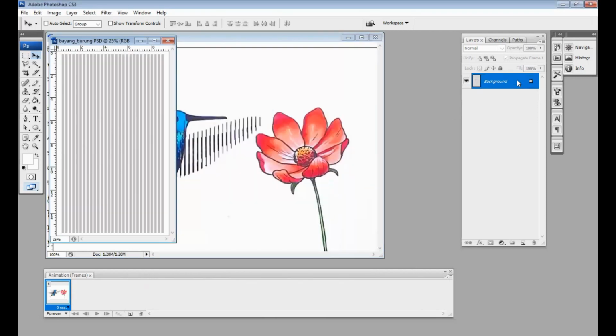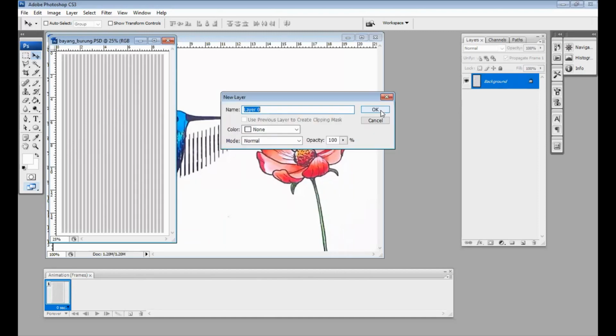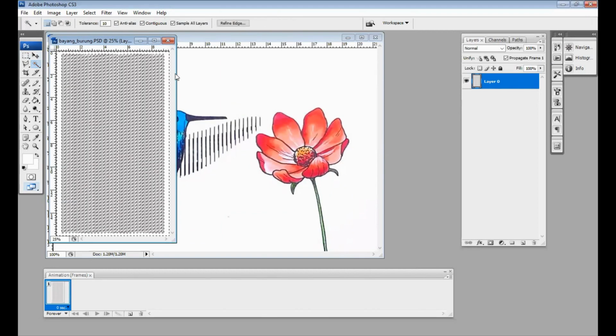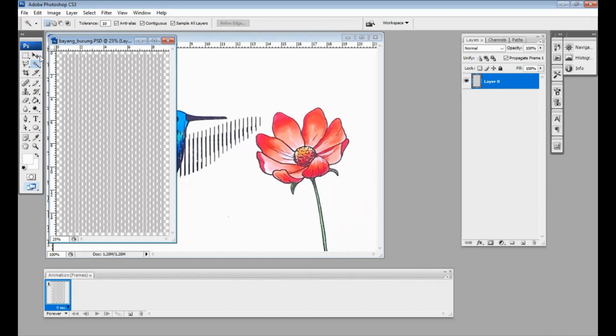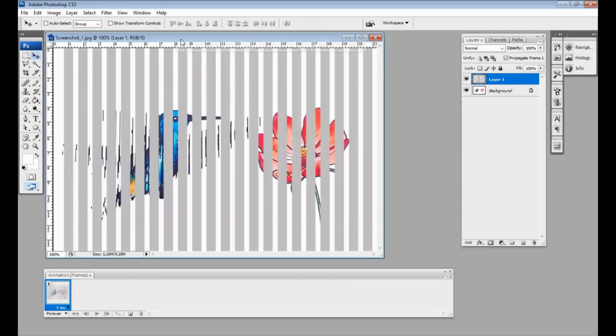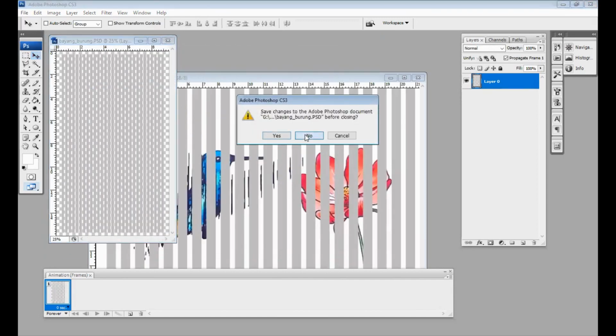Okay, I will change the illustration. I clear the white, Control D, and then move here. I close the illustration.